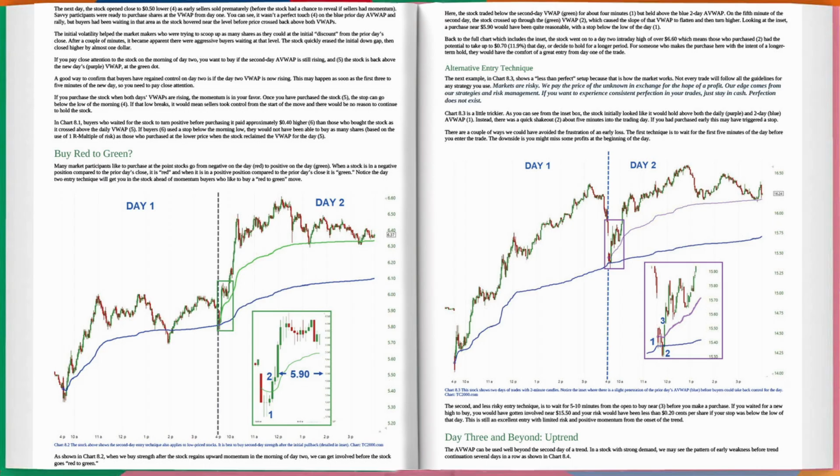Once you have purchased the stock 5, the stop can go below the low of the morning 4. If that low breaks, it would mean sellers took control from the start of the move, and there would be no reason to continue to hold the stock. In chart 8.1,